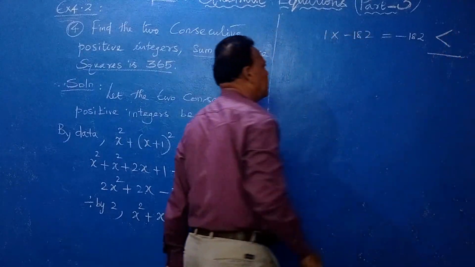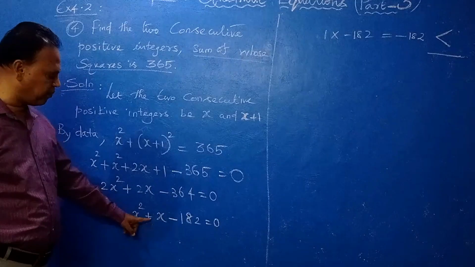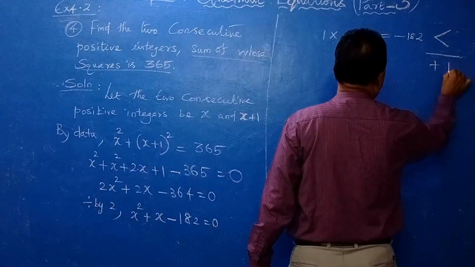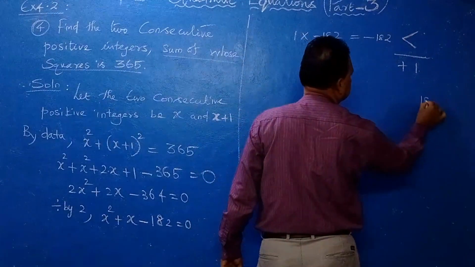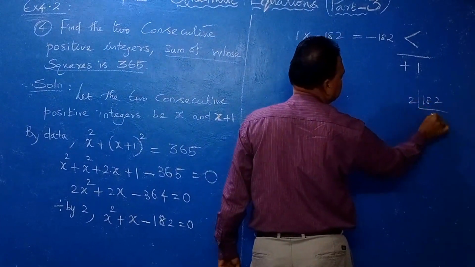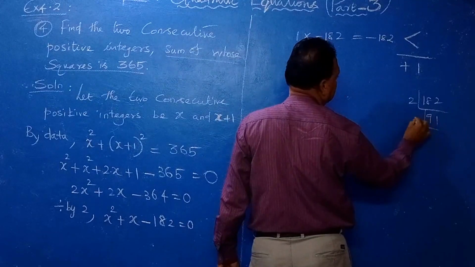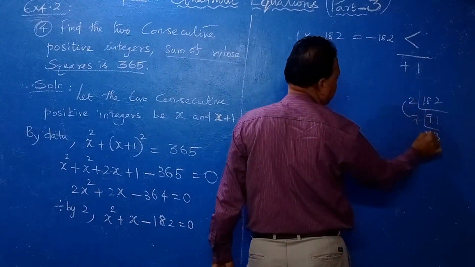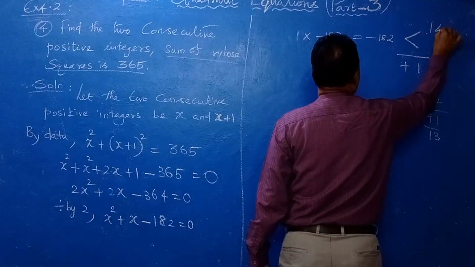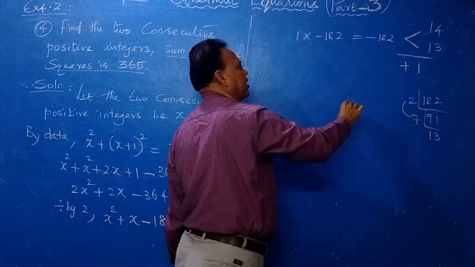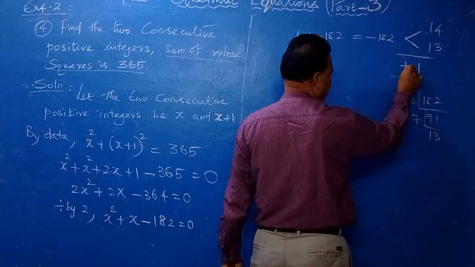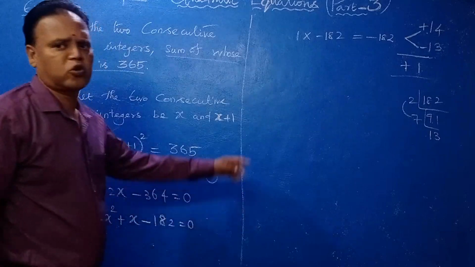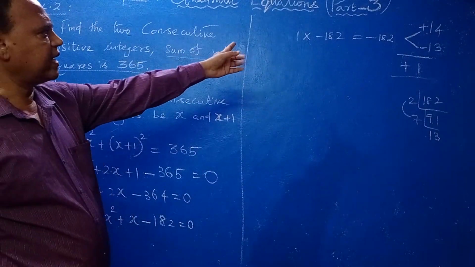So here the middle term, very important, plus 1 you have to get. Middle term plus 1 you have to get. So how to split like that? 182: 2 table means 91, again 7 table means 1 time will go, then 3 times. Yes, 14 into 13. 14, 13 you write, but plus 1 you have to get, so the biggest number you take with plus sign, the smallest number you take with minus. So now correctly multiply and see, correctly you will get.